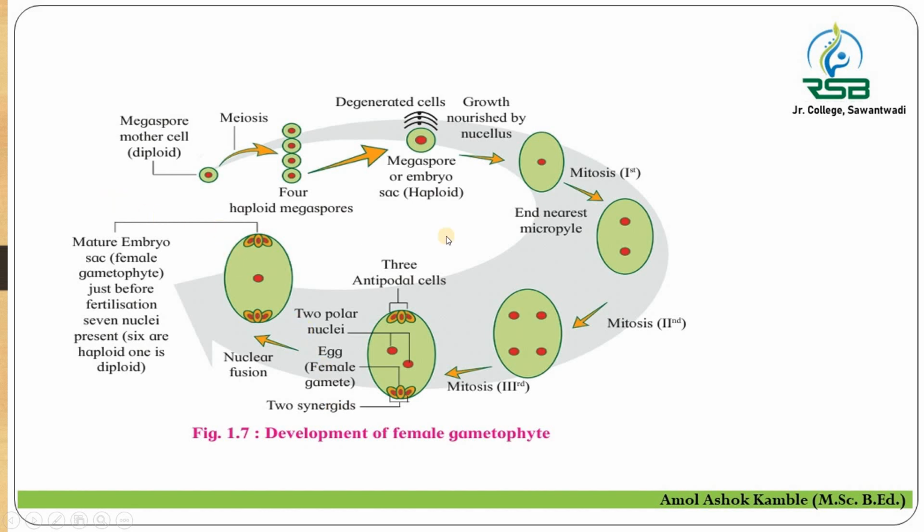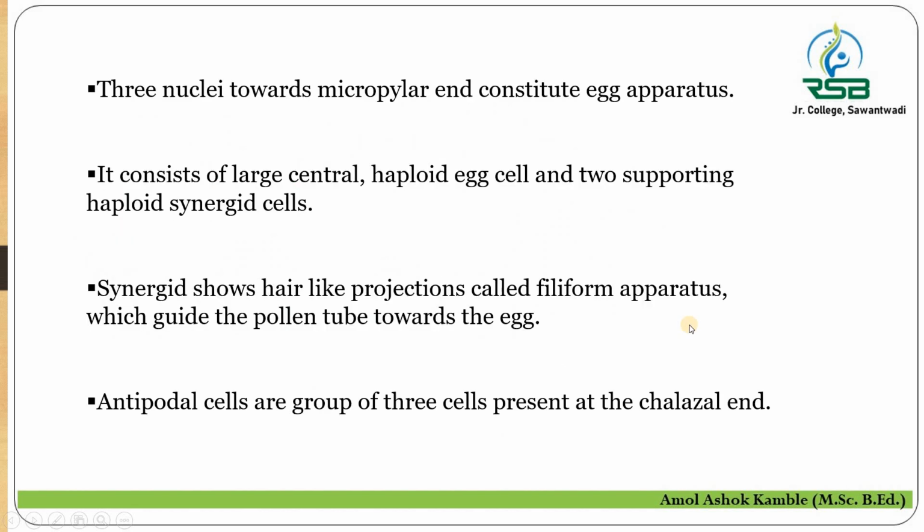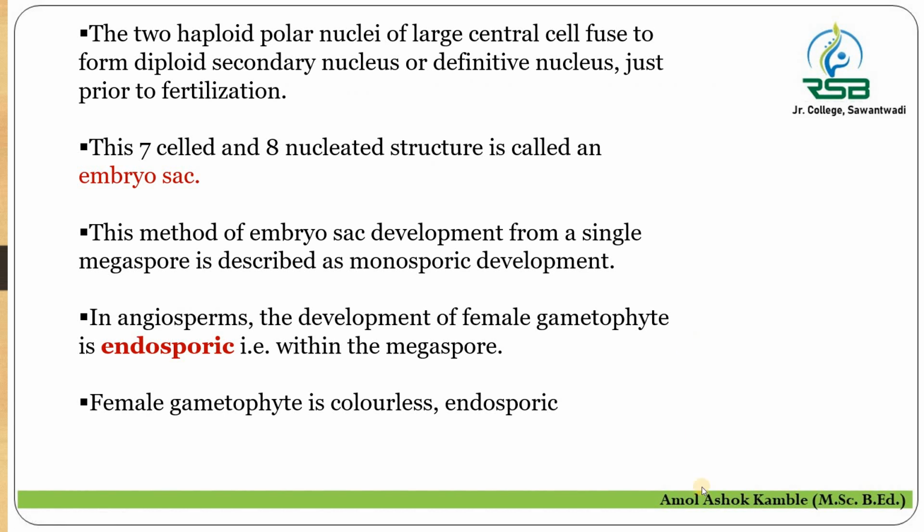Therefore the development of female gametophyte is called 7-celled and 8 nucleated embryo sac. Again it is called endosporic, as it takes place inside the ovule, and it is called monosporic, as there is involvement of only one